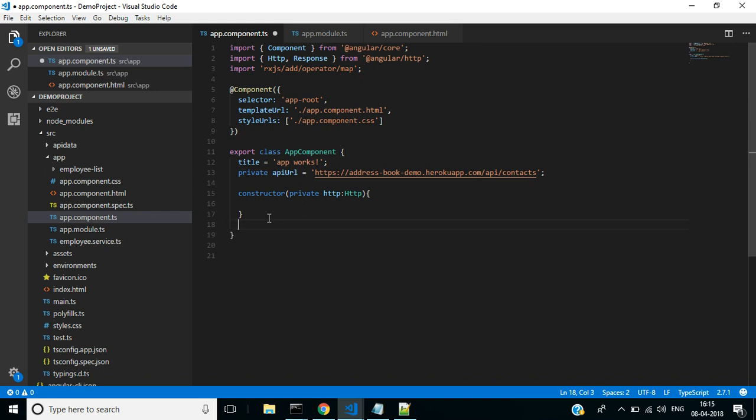Now we are creating a method to call this API URL, returning this http.get method. Here we are using it to fetch the data from this API. Here the map operator is used to manipulate the data in JSON format. After this, we need to store this data and show it in the view. For this, we are creating a local variable